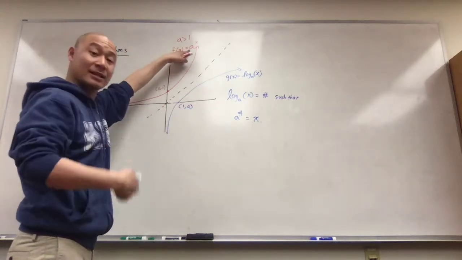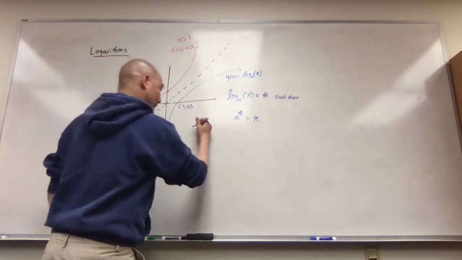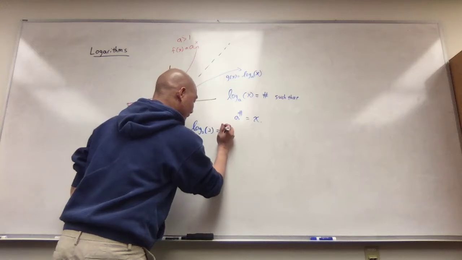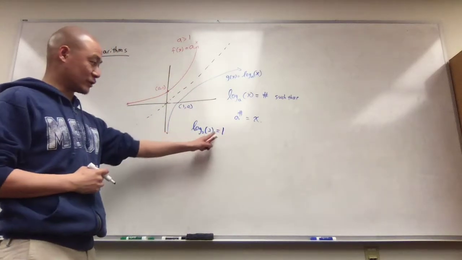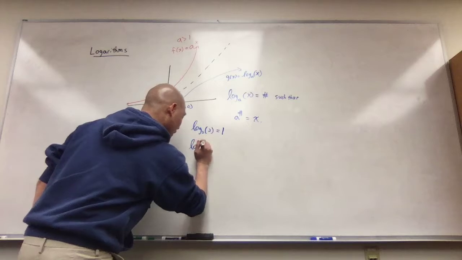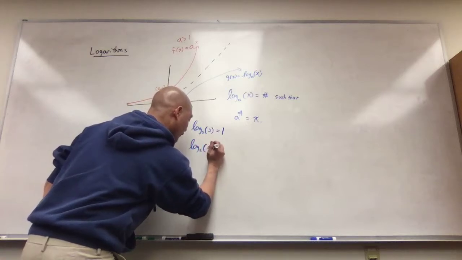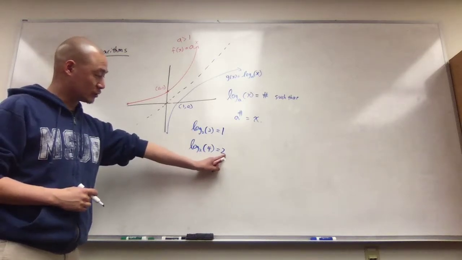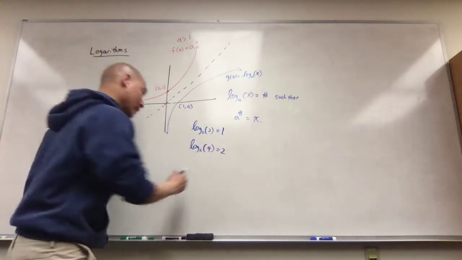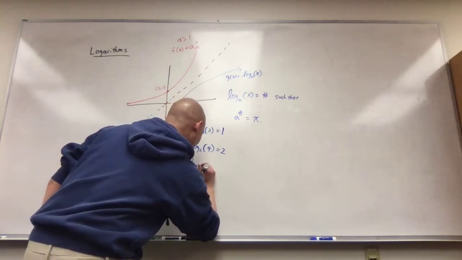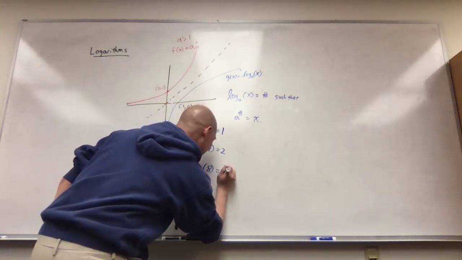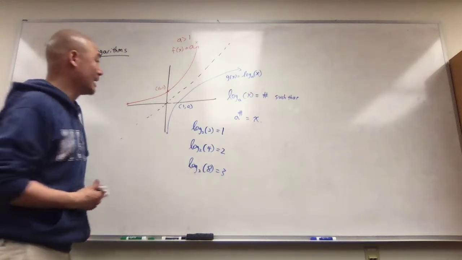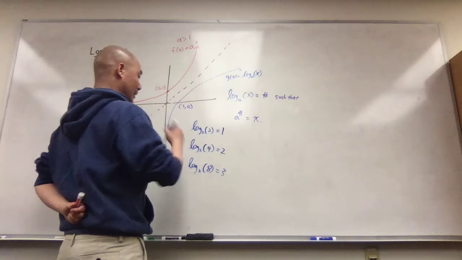It undoes that process. So for example, log base 2 of 2 is 1, since 2 to the first is 2. Log base 2 of 4 is 2, since 2 to the second is 4, and log base 2 of 8 is 3, since 2 cubed is 8. And so seeing something like that